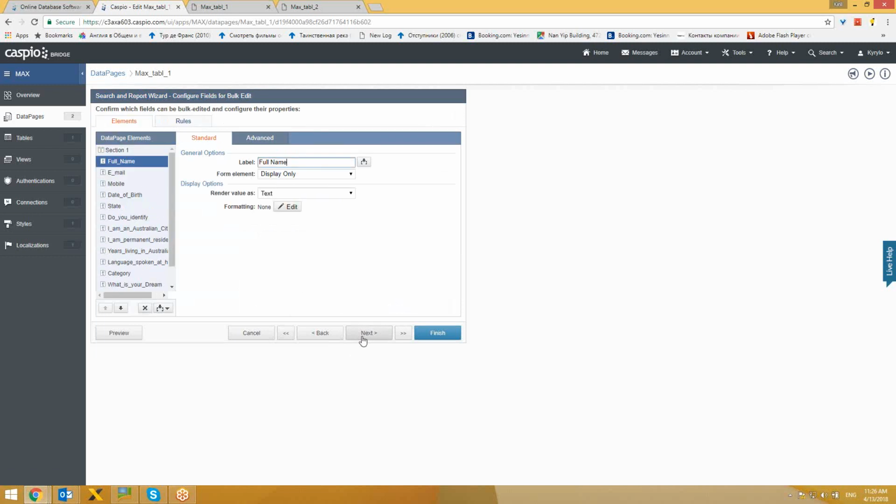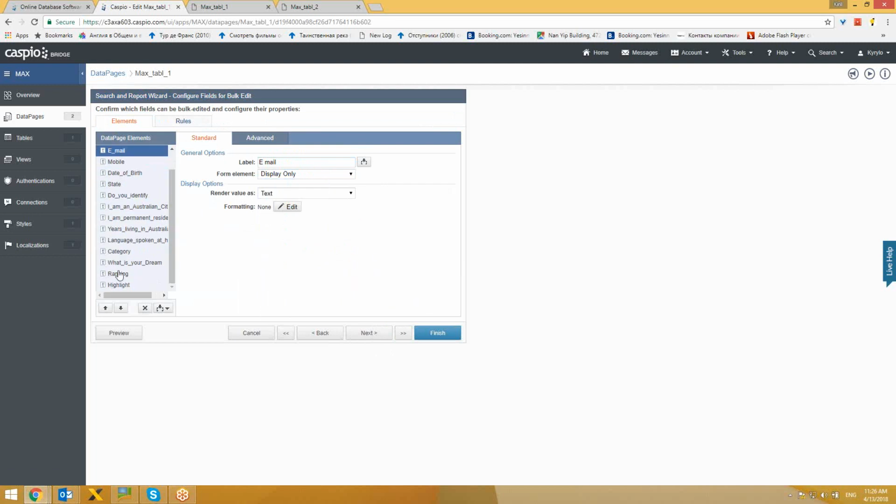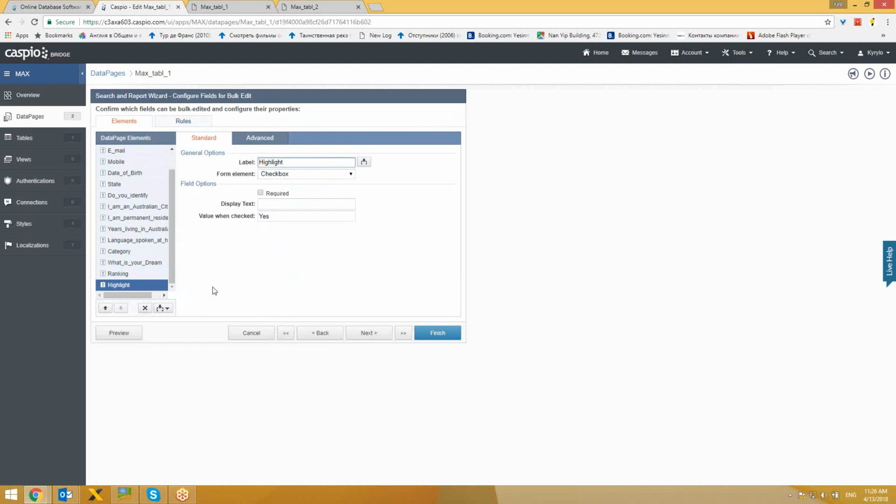Then you click next, and please pay attention that for all these fields that you want to display only, from this drop down menu choose not text fields but the display only option. And only the two last fields